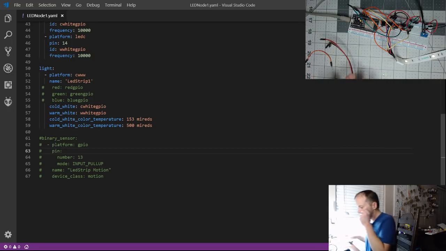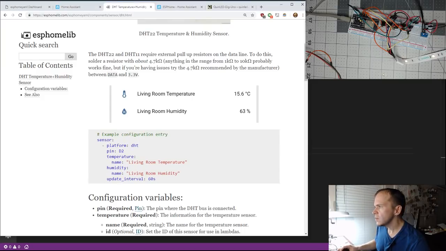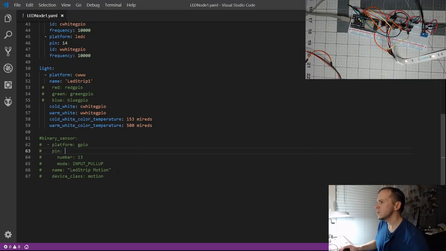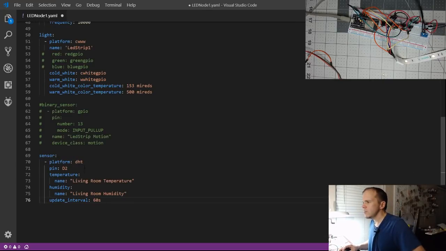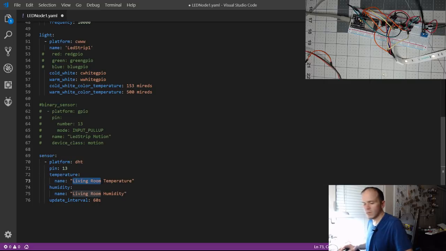So let's go ahead and put the sensor up first. So I'm just going to copy in the example into the YAML, DHT22, and pin number 13. I'm assuming this will work with the ESP32. And we'll just say